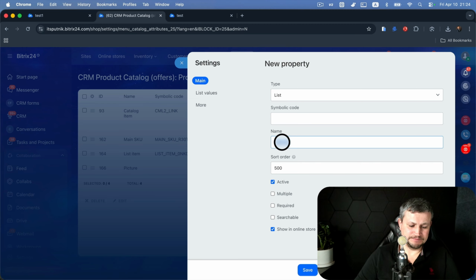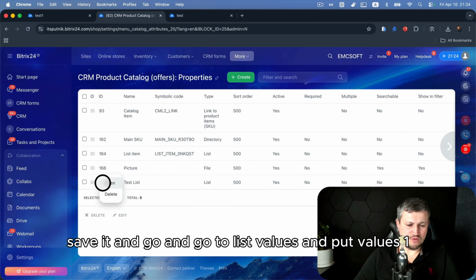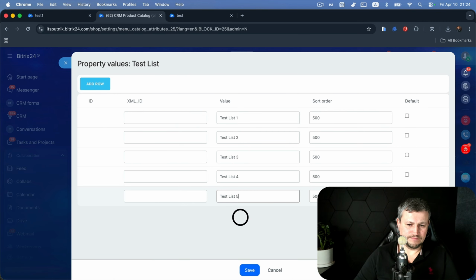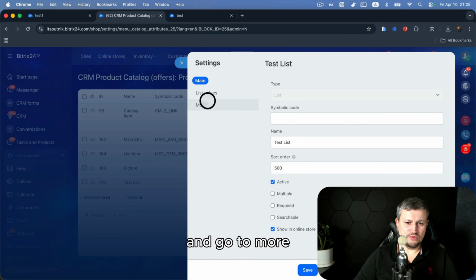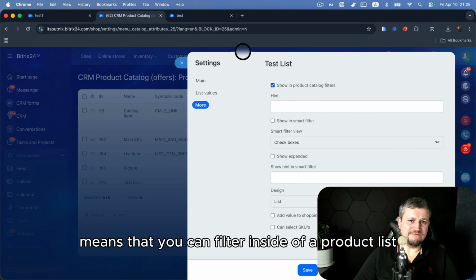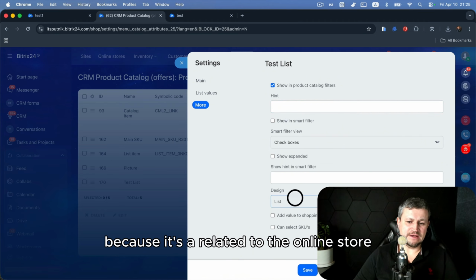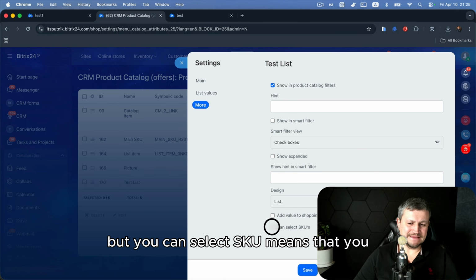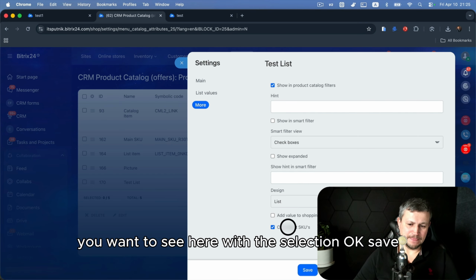If you go to the properties, you can create, for example, a list and put a name like test list. Save it and go to the list values and put values 1, 5, and go to the more. So show product in catalog filters means that you can filter inside of a product list. You can ignore this, this, and this, and this because it's related to the online store, and this one as well. But you can select SKU, which means that you want to see it here with the selection. Okay, save,